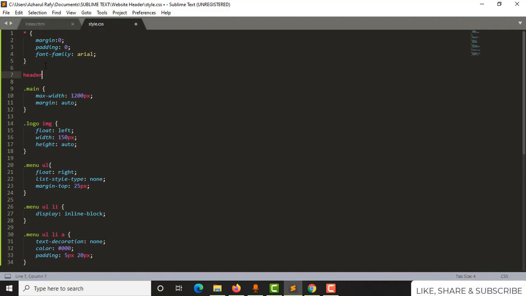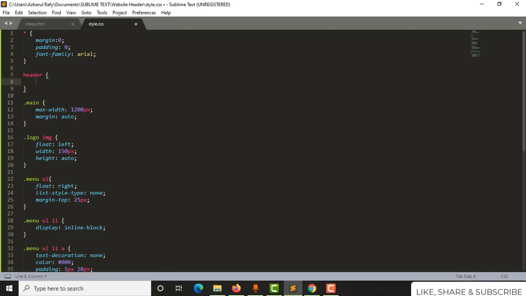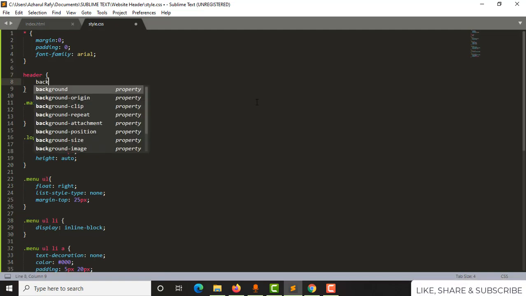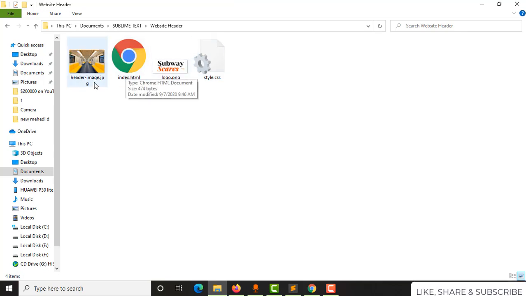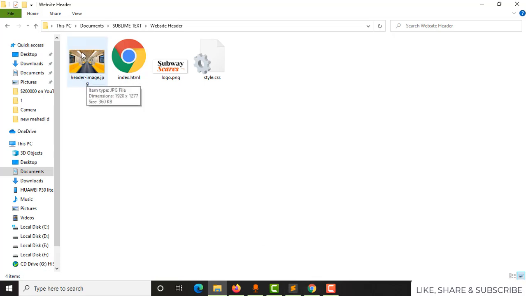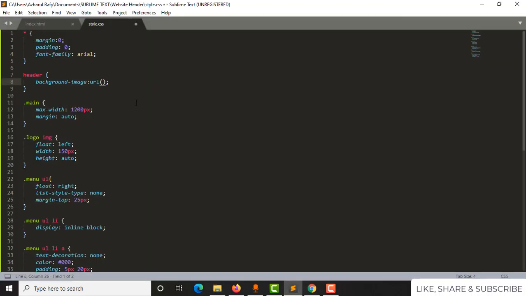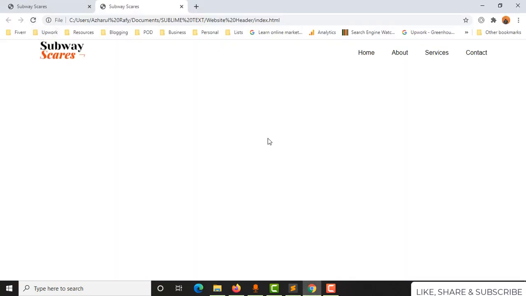So let's call header, and now we are going to add the background image, and now we are going to type out url, and then we have to give the name of the image, this image, header-image.jpeg. So we have to write it as it is written here. So let's go back, header-image.jpeg. Now if I just save this document, you are going to see, okay, so nothing is appearing,